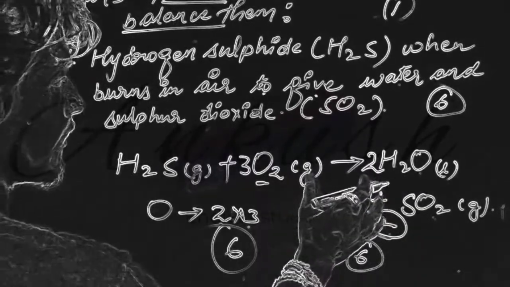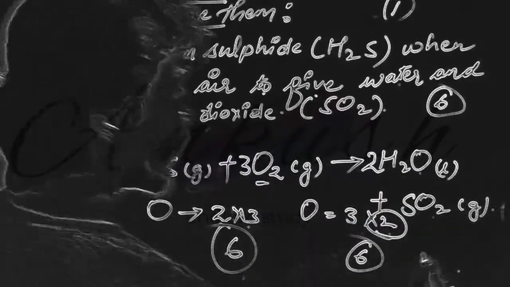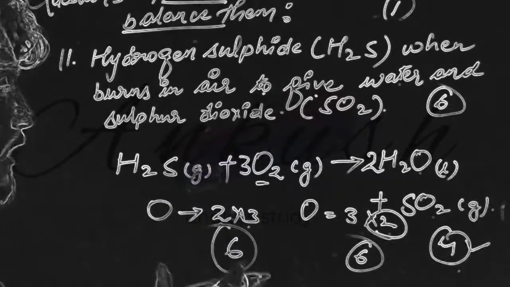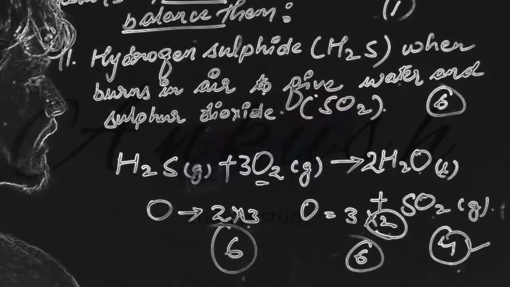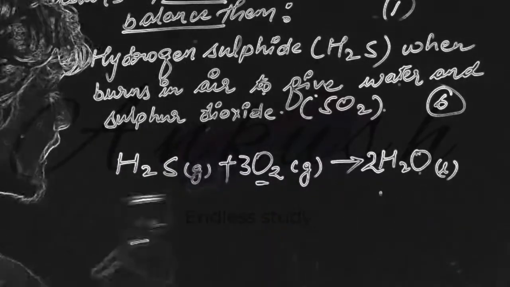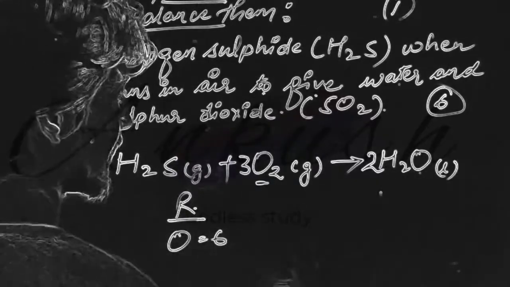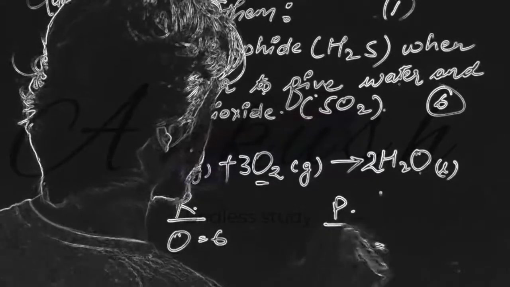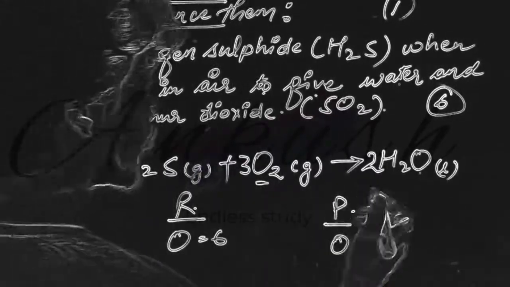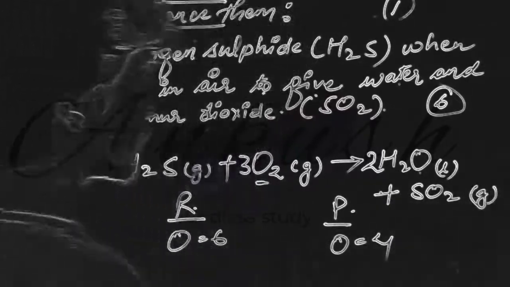I tell you the reason. If you write 2 here, here oxygen 2, here 2. 2 2s are 2 plus 2, 4. So the number what you will get, it will be a even number. It is easy to do balancing when the numbers are even. So yet oxygen is not balanced. Now also you see oxygen in the reactants, they are 6, and now here in the product oxygen is 4. So what you do, if we get 2 more plus SO2 gas.